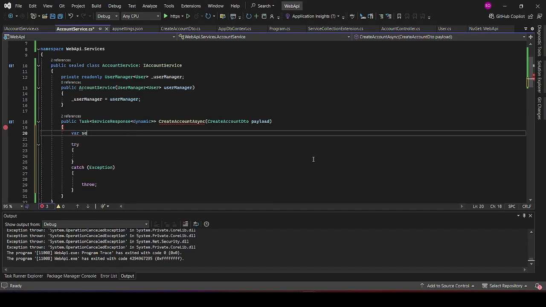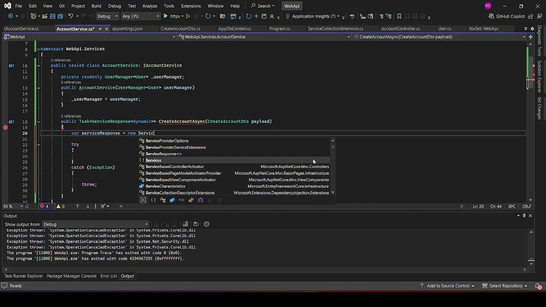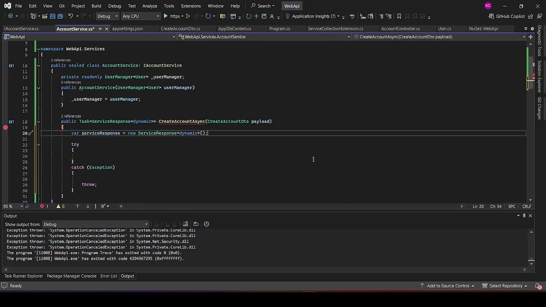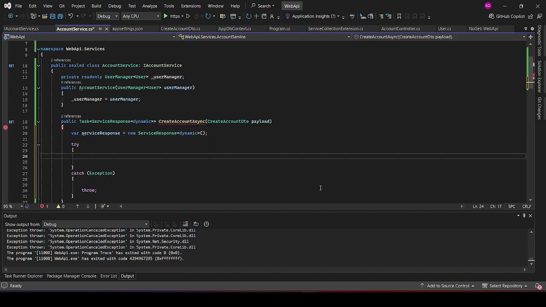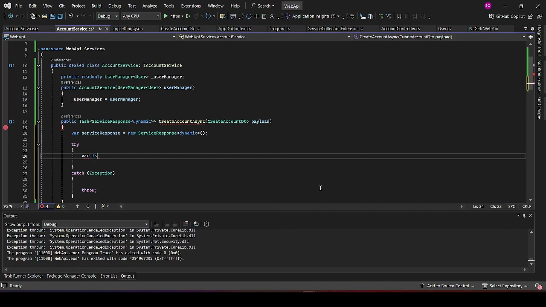We're going to have a service response equals new service response. Having done that, we need to also check if the user already exists or not. So I'm going to declare another variable,